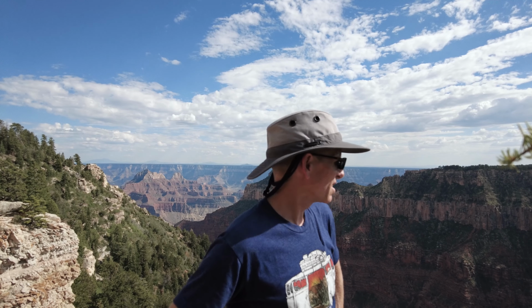Well, welcome to the North Rim of the Grand Canyon. We're out here, we just got here today. This is both Sheila and I's first trip to the North Rim, so this will be kind of interesting. Very pretty, and we're just kind of out right now, just wandering around looking for